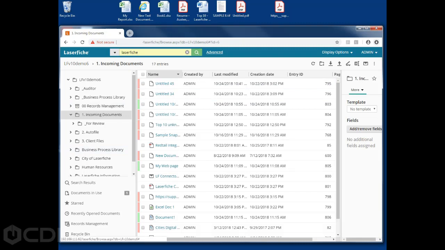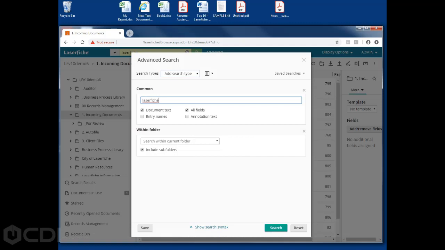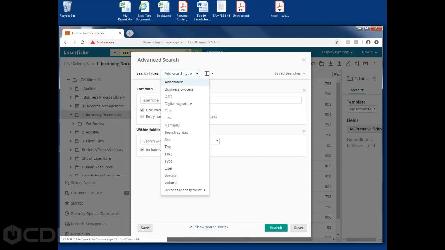Laserfiche also has an advanced search capability. Click on the word advanced there just to the right of the quick search box, and you can custom configure the criteria to be used in your advanced search. The search types are available at the very top here. Click the drop-down and choose from any number of available search types. Some of the more popular ones include name, text,